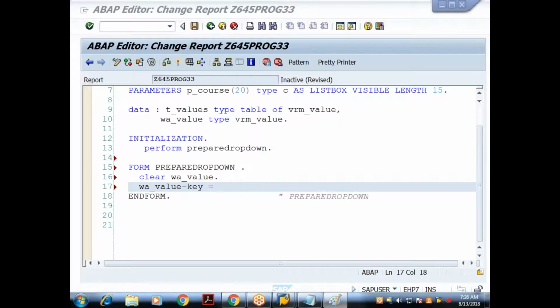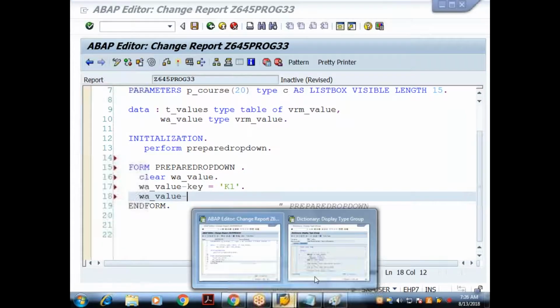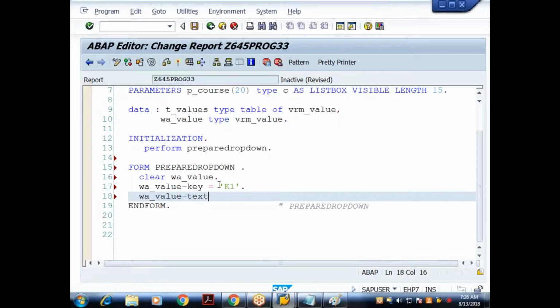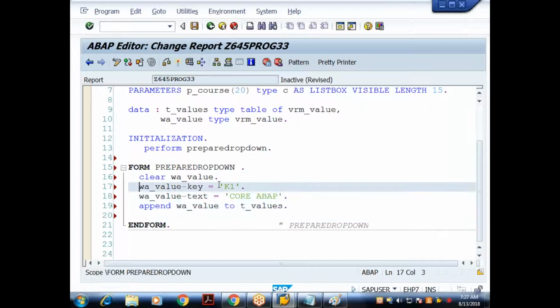You can give any keys or names. The next field in the types declaration is text, so w_value-text equals the value you want, say 'Score above'. Then APPEND w_value TO t_values.